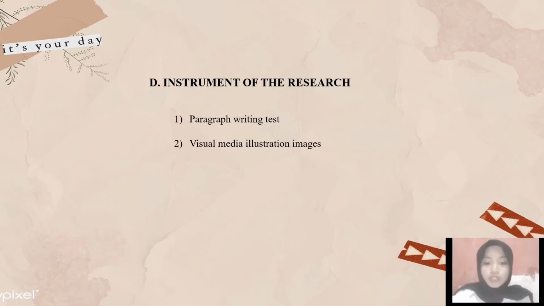Research instruments or tools or facilities are used by researchers in collecting data so that their work is easier and results are better. The test consists of pre-test and post-test. In the pre-test, the researcher will give a paragraph writing test to students by looking at the object or media that exists, and each student will have the opportunity to